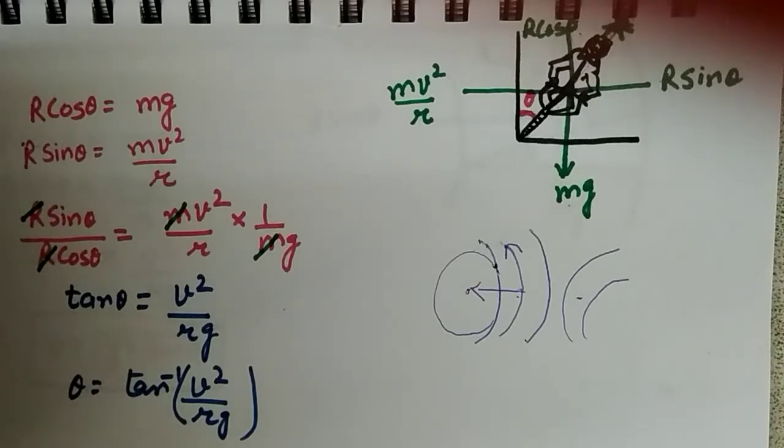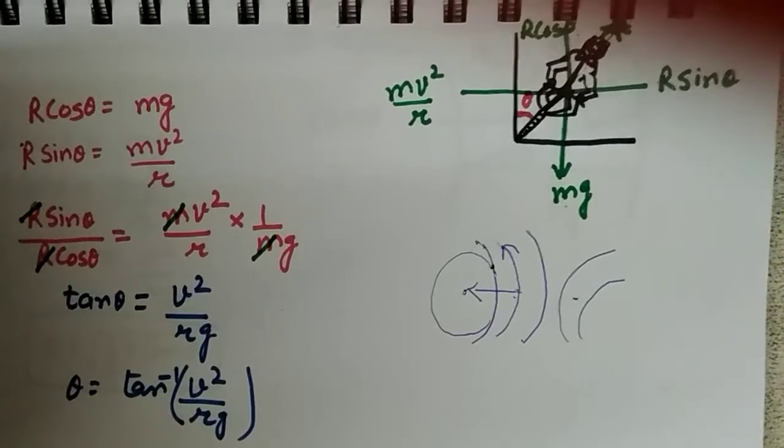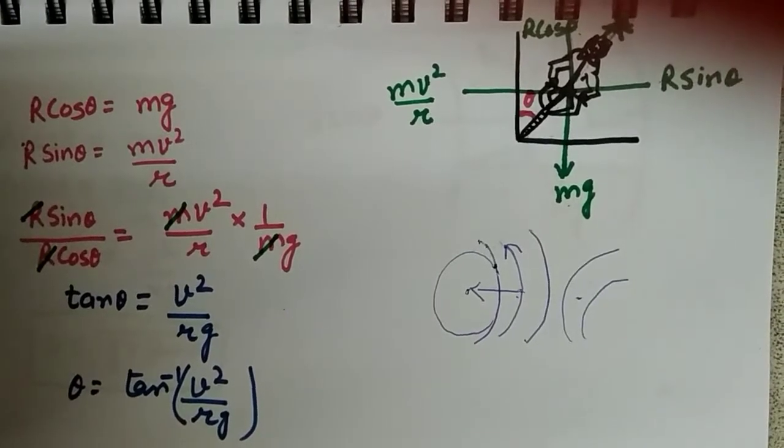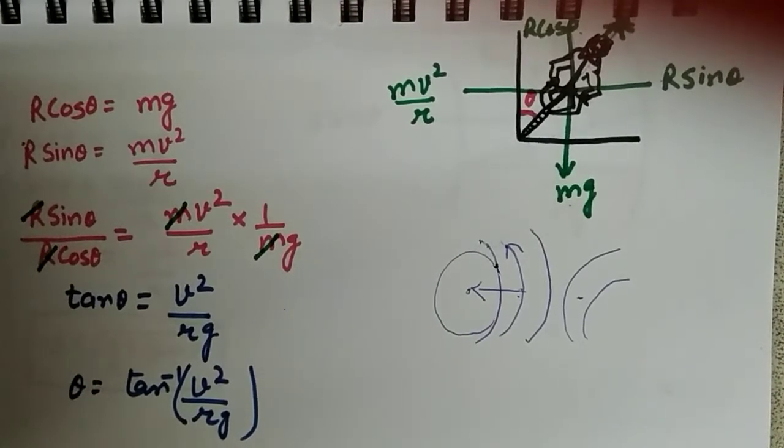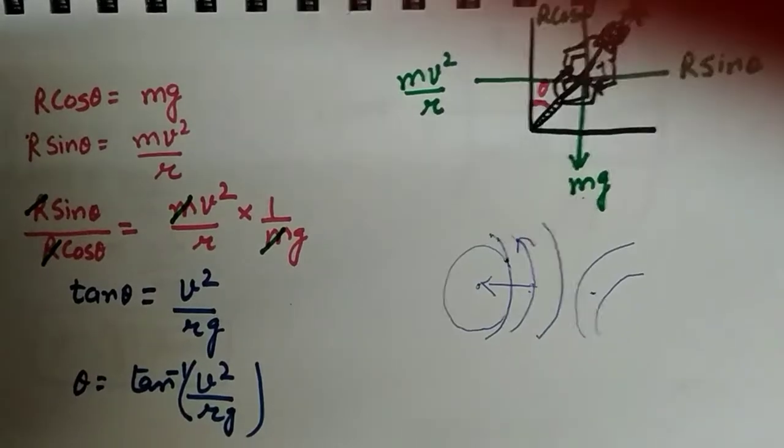Now the next thing is we have to use a little bit of a trick, and that trick is that whenever we have cos theta and sin theta components, we divide sine by cos, and we know the answer will be tangent. So you just divide the two equations, and this way we can find the value of theta. It's extremely easy.